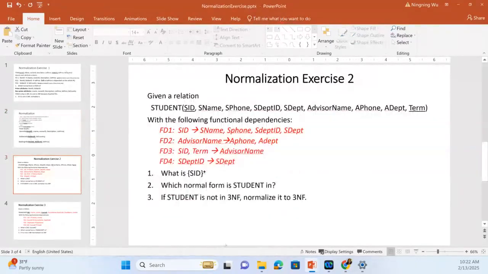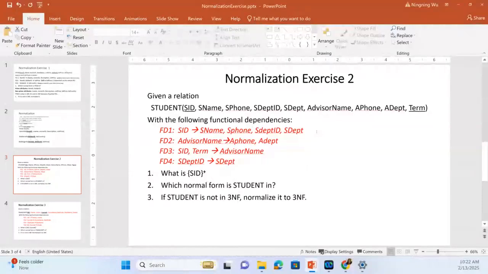Second one, I may want to leave it for you. Why not you work on the second and third? Okay, so then I can discuss part one. So then you work on the second and third one. In the next class we can discuss the solution, because this normalization process for sure will be in your term exam, since you only have one term exam. So I really want you to